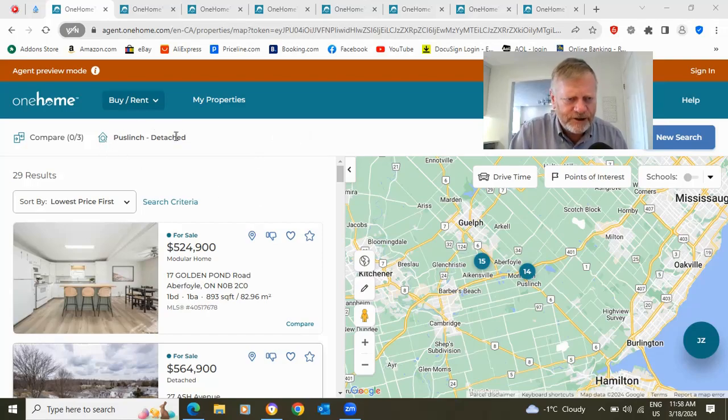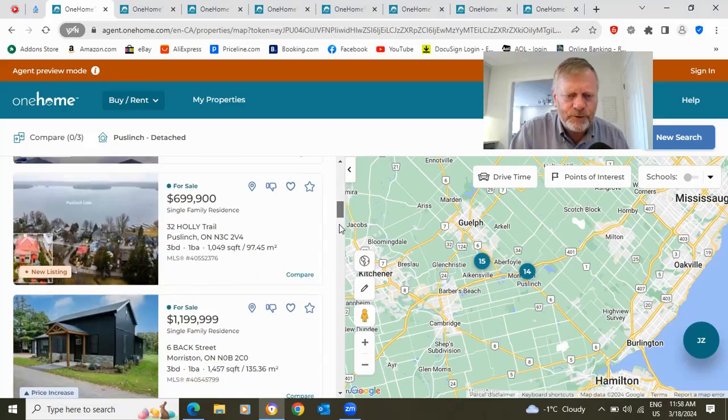So this here is the Puslinch region, and we're looking at only detached homes. And it says here that there are currently, and these are active listings, so it's not sales data, it's listing data in this case. So now here you see that the list prices in Puslinch vary from 525, say, up to,